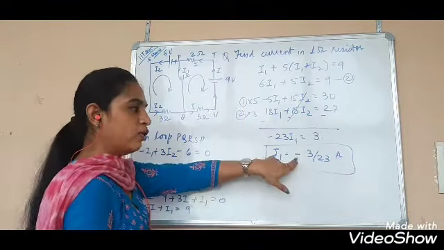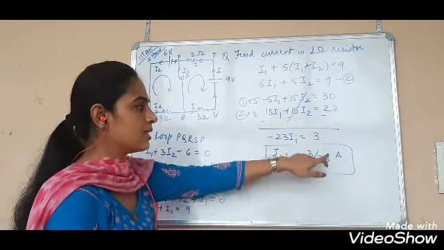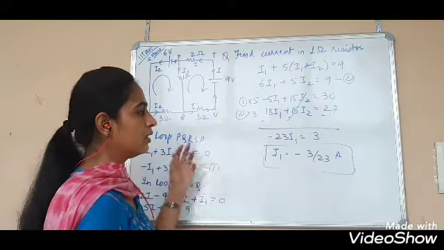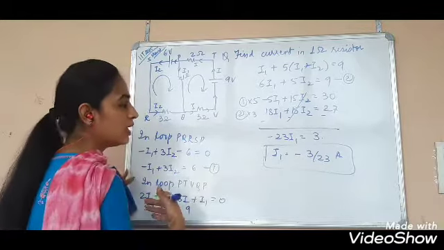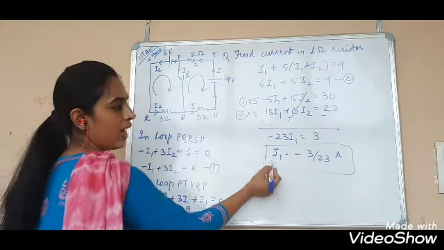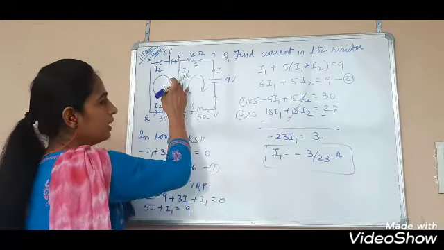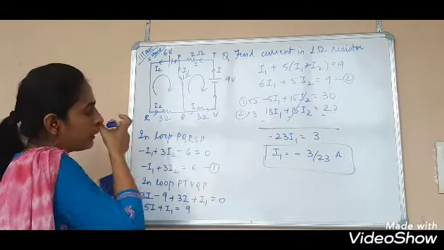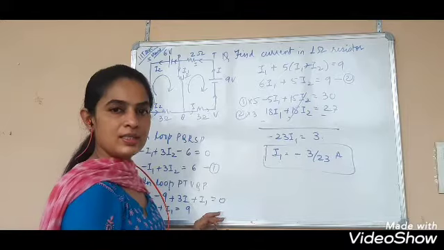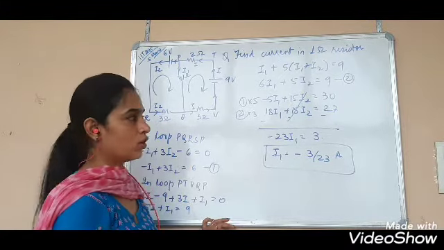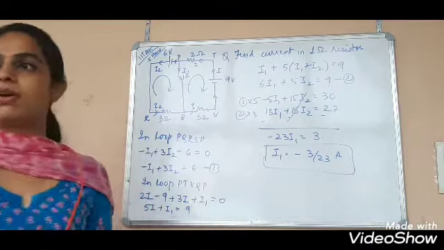When you get the value of current as negative, this doesn't mean that it is less than 0. What does it mean? That the direction of I1 which we assumed in this resistor is downwards, and the actual direction of current in this resistor is upwards. So whenever you get the value of current as negative, that means the assumed direction of current is opposite to the actual direction of current. Right? Let's take one more IIT question.